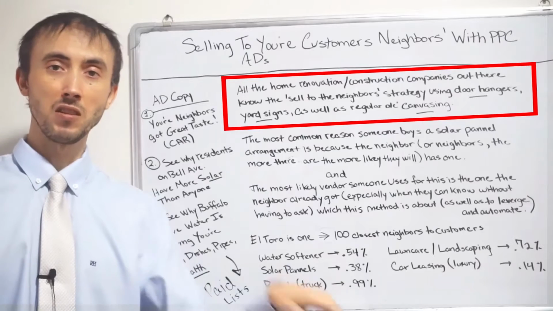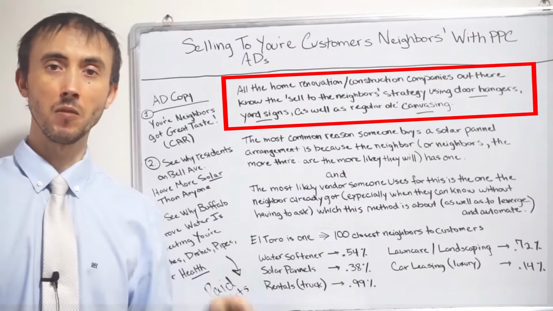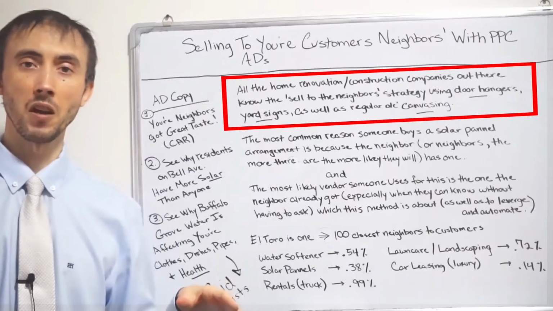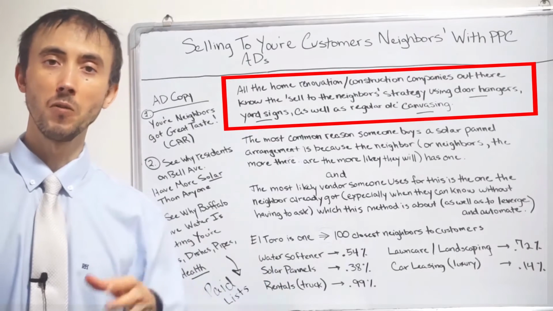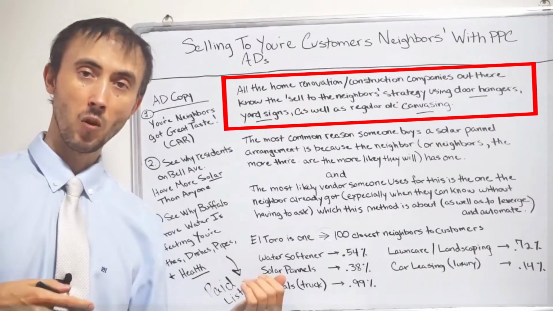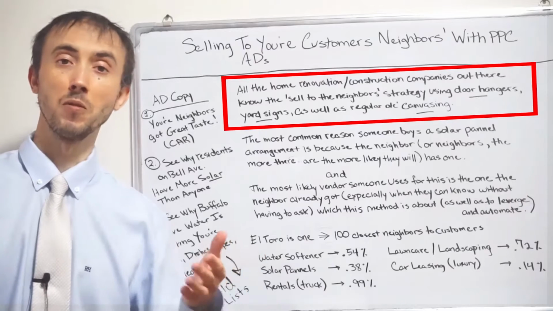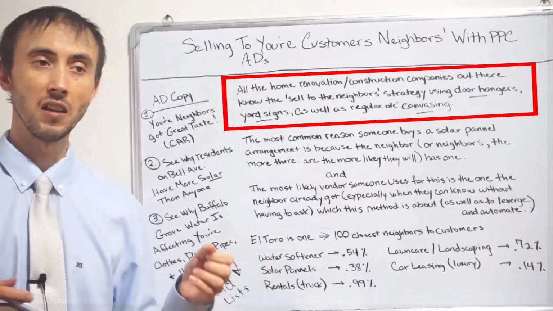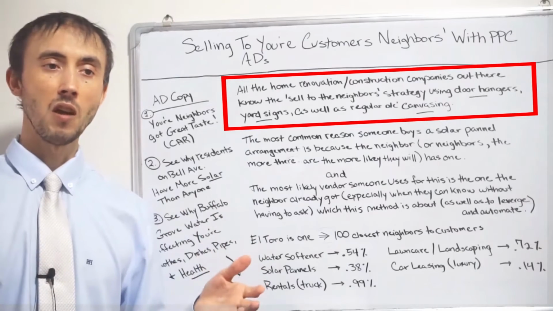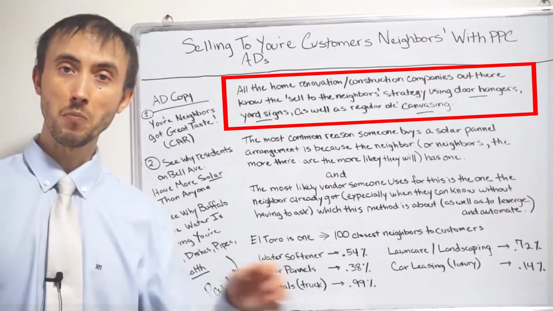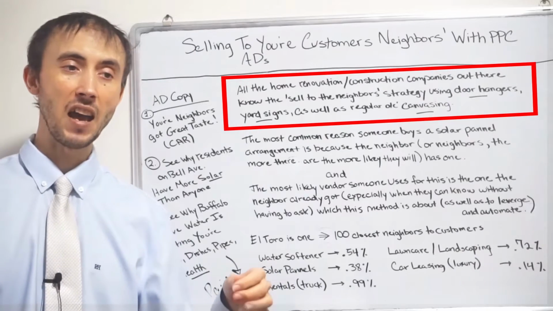The people around them are like 10 times more likely, which is pretty similar market to market, to buy a roof from them or from anybody who sells a roof in that market than anybody else. And you're physically nearby these other people that are likely to buy,